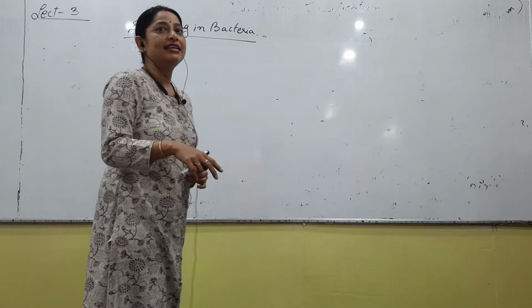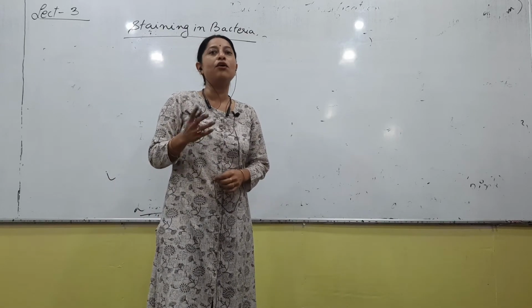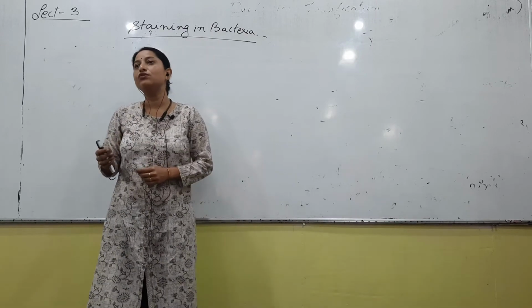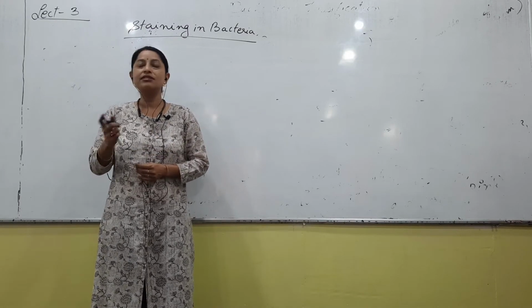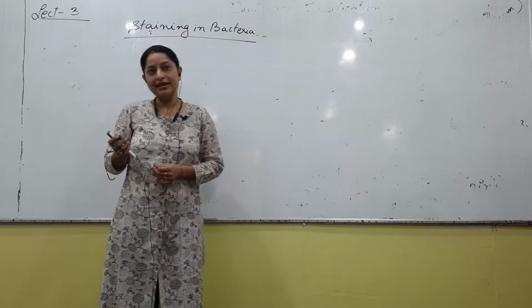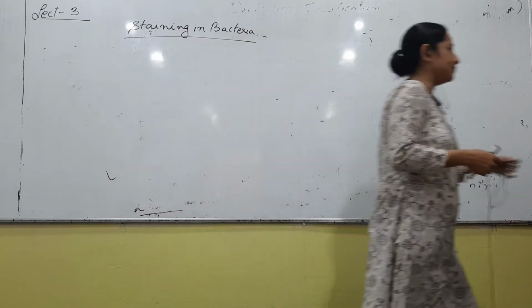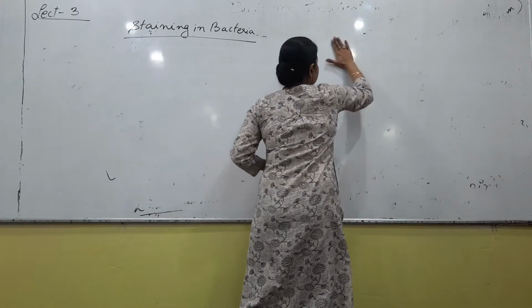Similar is the explanation in case of tissues also, right? If you cut a TS of a plant stem or a root, you want to see the anatomy, what you do? You stain it. What is the most common stain that you use there? Safranin, right? Pinkish in color. Okay. So we stain a bacteria so that,